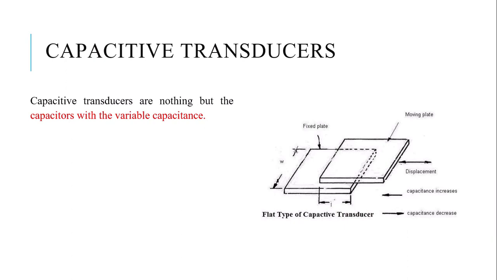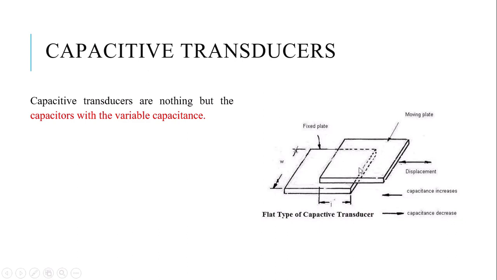Correct? Then there is a capacitive transducer. Everybody knows about a capacitor, which stores charge. Correct? So if any movement or variation in the capacitor plates occurs, then the capacitance of the capacitor changes. Using that property of a capacitor, we make the capacitive transducer. You can see in this image there are two plates of a capacitor. If there's any movement in the two plates, correct, then there's a change in the capacitance. If capacitance increases, or capacitance decreases, it is due to the movement of your plate.